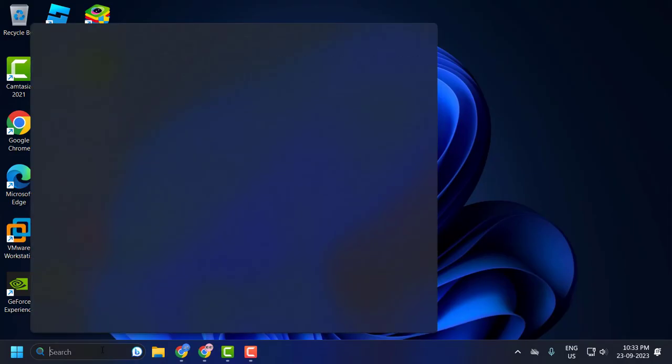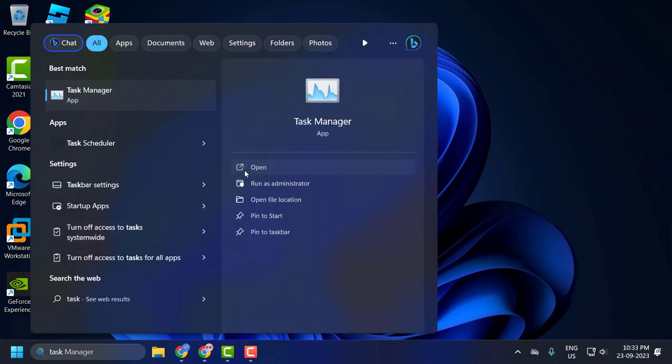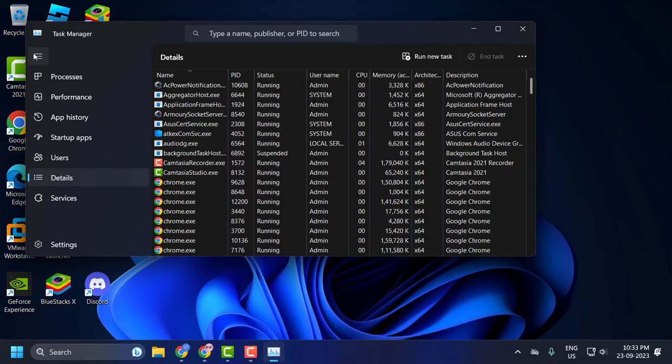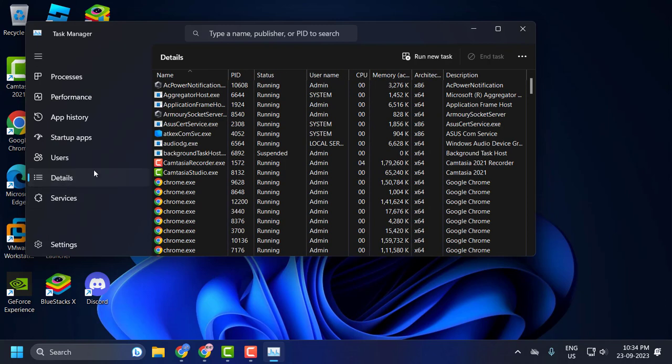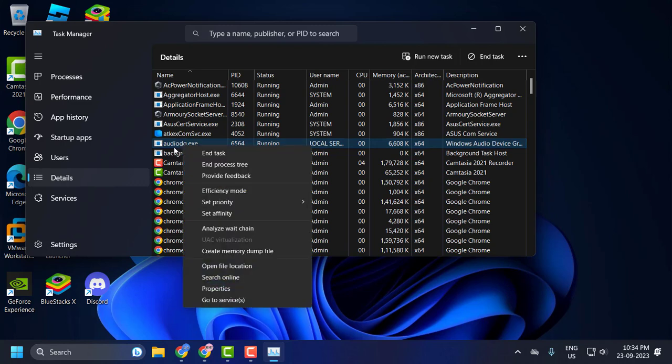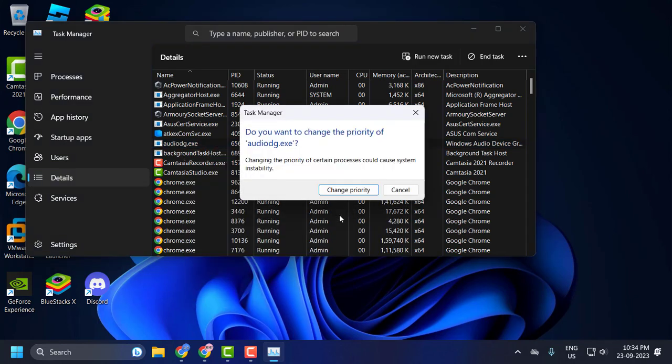Go to the search menu and type task manager. Click on open it guys. You just need to expand this option and click on the details, and you just need to check audiodg.exe. You just need to right click on the audiodg.exe and select set priority to high and